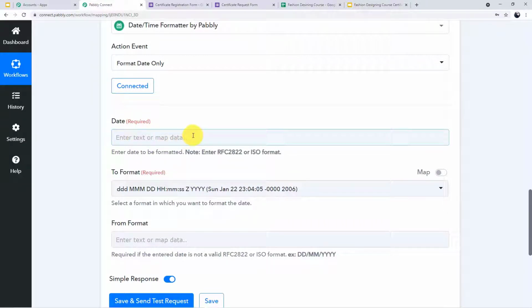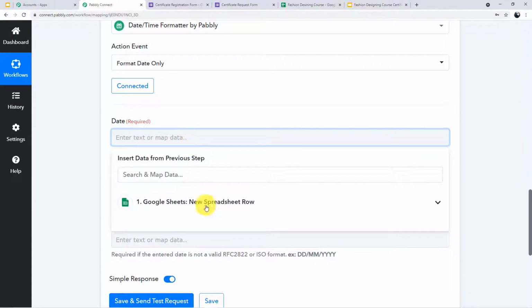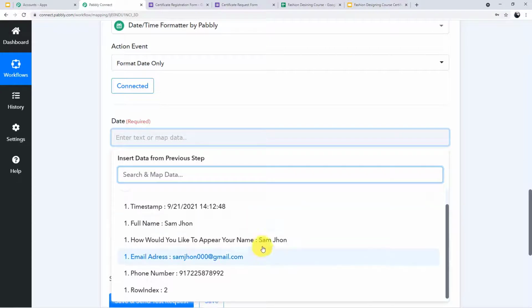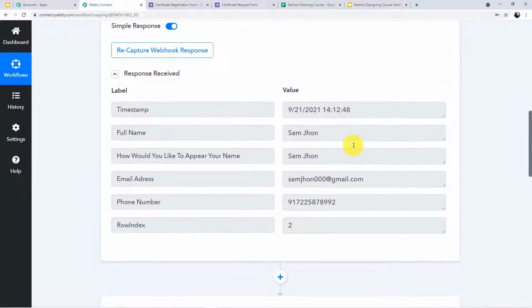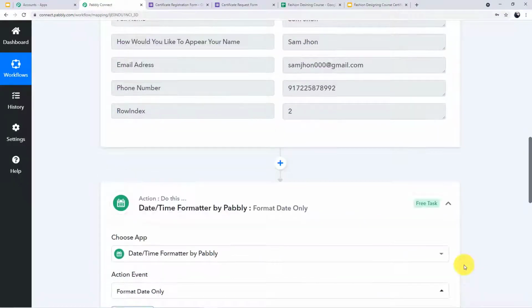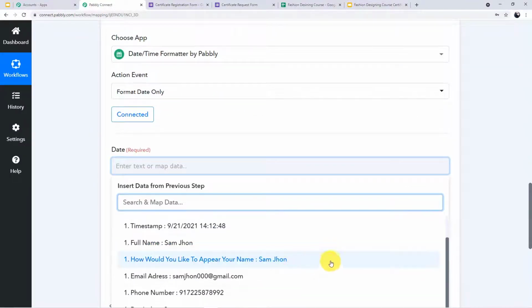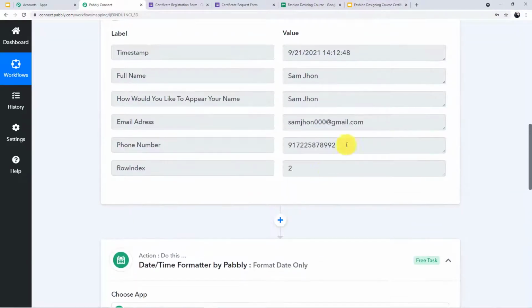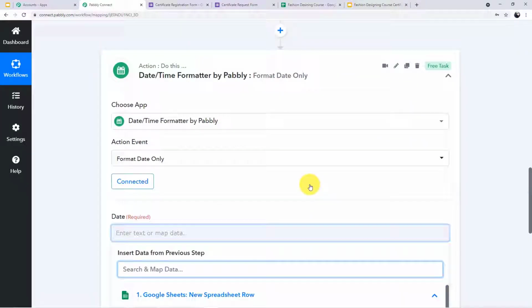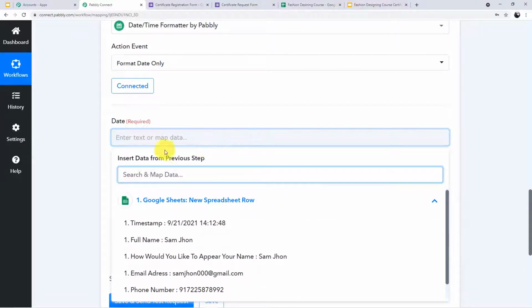Now what is mapping data? Let me tell you. If I click here, you can see a scroll down emerge automatically. This scroll down carries all the responses which we have captured above. The same responses can be seen here in the drop down. Why? So that every time you have to fill a required field, you need not go up and copy the responses, then come back down and paste it every time. You can simply map the data from the scroll down.